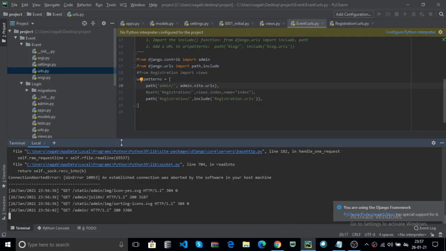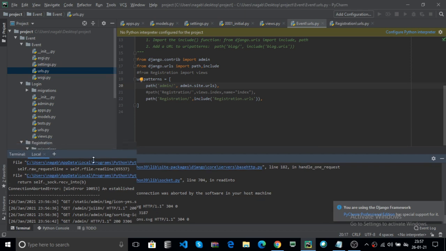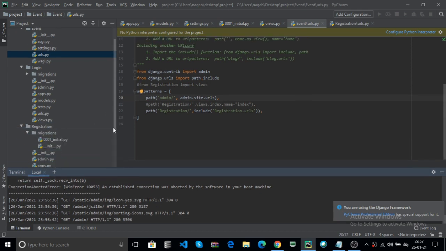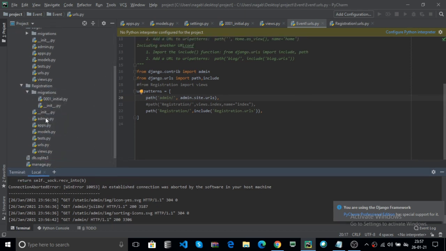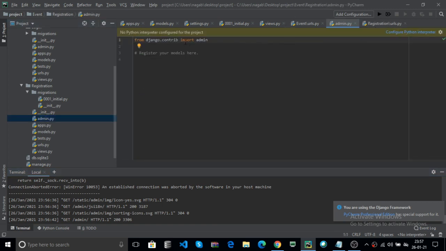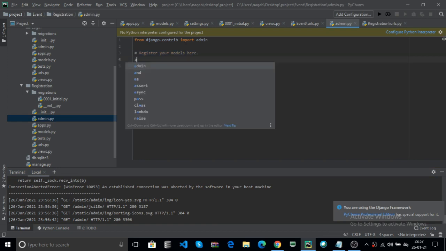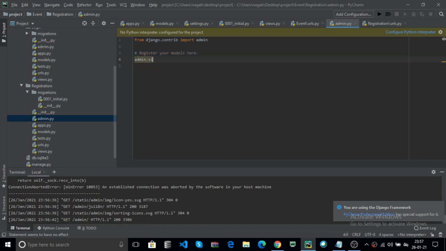Now go to your app, that is registration, which contains admin.py. Here you can register your models. Now you can use admin.site.register. Here you can register your model. Now where is your model?